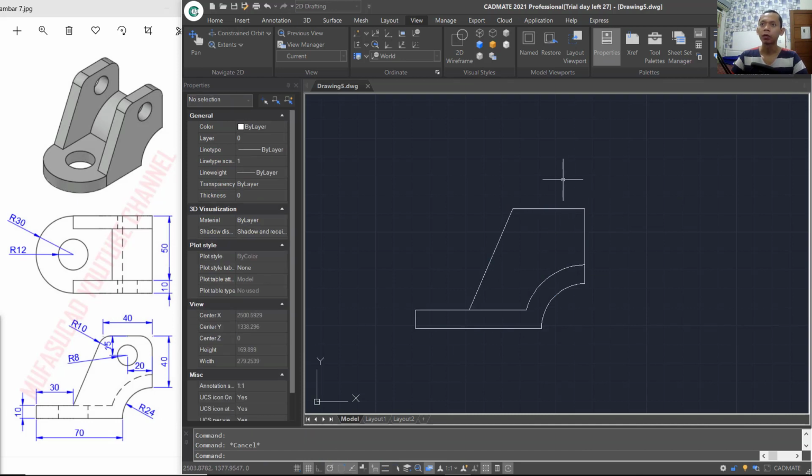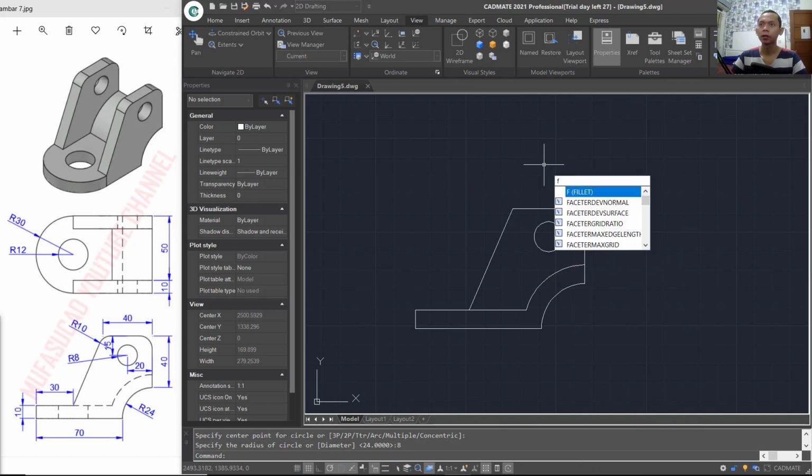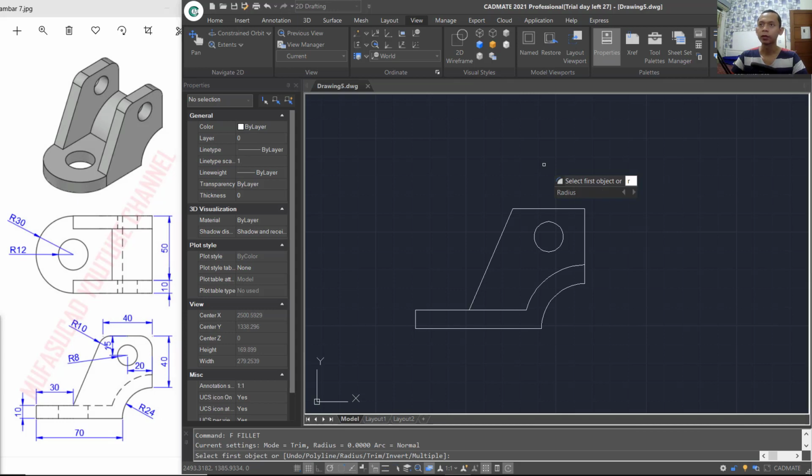Okay, you can create a circle starting from this point. You can snap to this point and also snap to the center points. In here we can set the radius to 8 and then I will use the fillet command with radius 10. You can click at this point and we also fillet at this corner point.